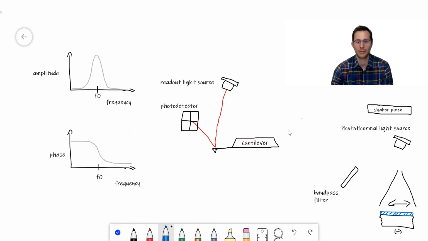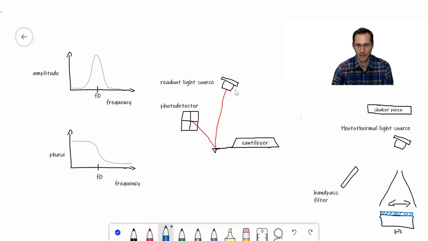Hi, what I'd like to talk about today is piezoexcitation versus photothermal excitation. This is important when we're working in dynamic modes of operation, where the cantilever is oscillating during our measurement. And to start with, I've drawn in the center of the screen a typical AFM readout setup, where we have